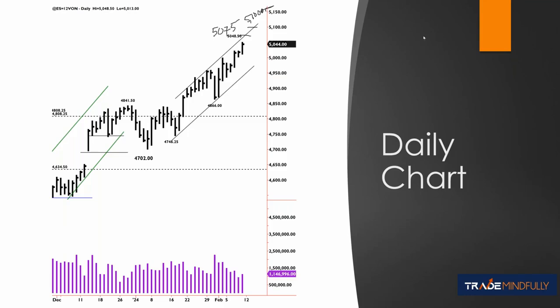So this is an area we want to stop, look, and listen, right? Not to say that it's necessarily going to react, but this is an area where the market is vulnerable. And then on the other side, support early on during the week, look for around the 50-15 level here as an initial support. If we come down Monday or Tuesday, that might hold. But if we break this, then we could start heading down towards the bottom of the trend channel,